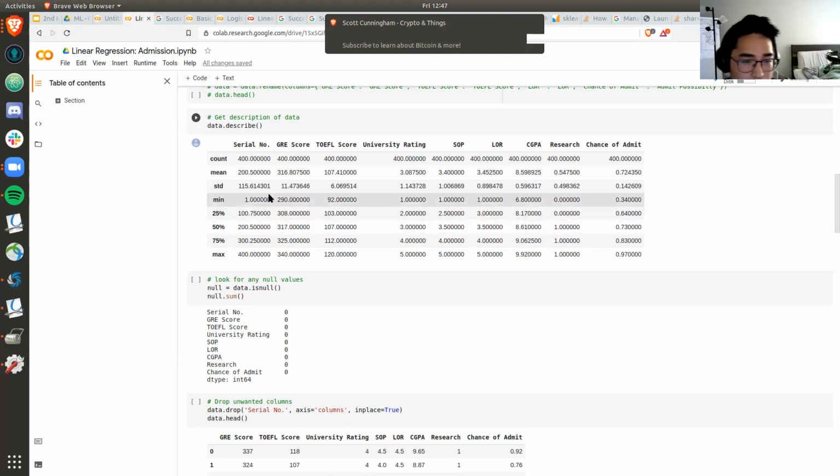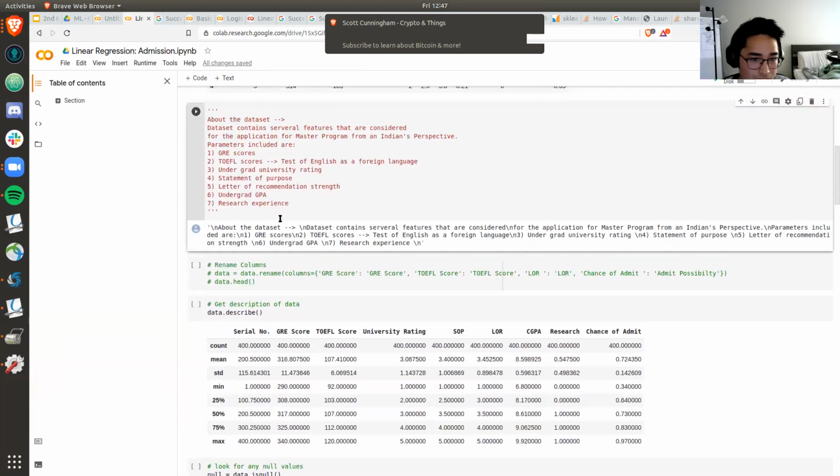Yeah, the description of the data. Basically what the count means is that it's giving you the maximum number of data points or samples inside your data set. In this case, we have a total of 400 data points, and the features are basically the parameters we have. We have the GRE scores, the TOEFL scores, the statement of purpose.